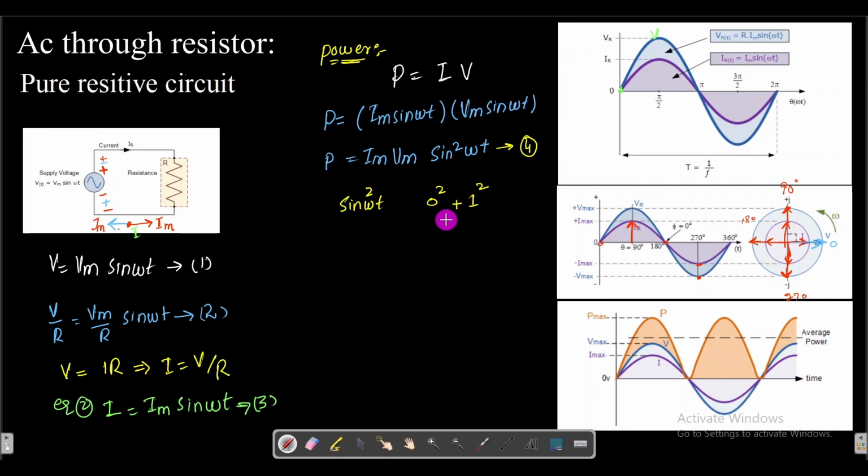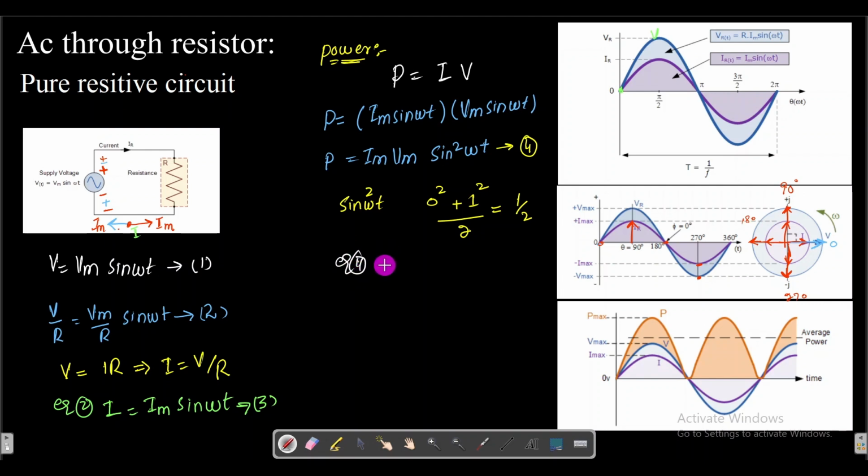The average of this sine square is given by dividing the two values by 2, so it becomes equal to 1 over 2. So here instead of sine square omega t we will put 1 over 2, due to which equation 4